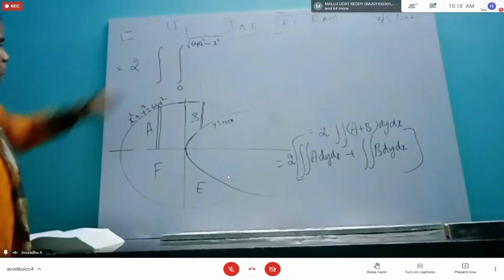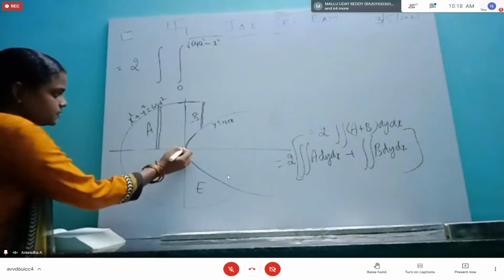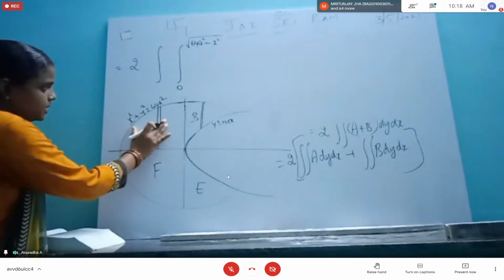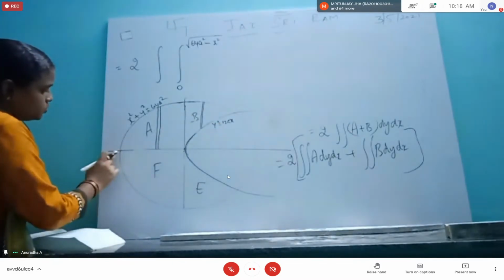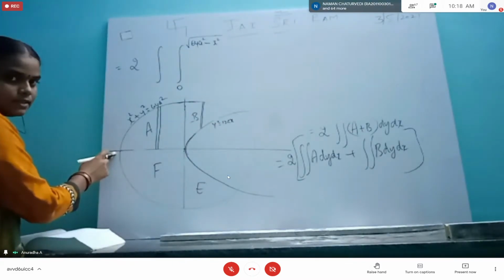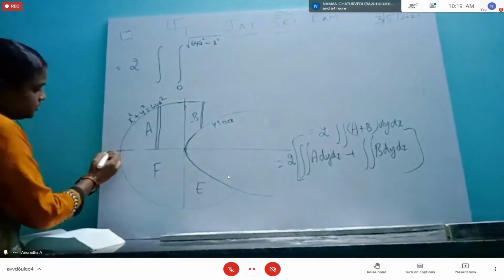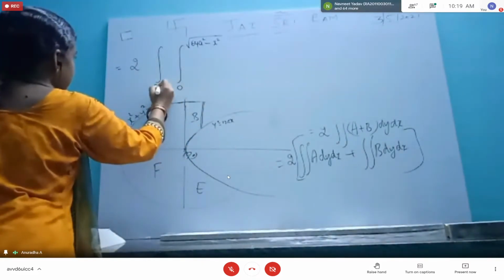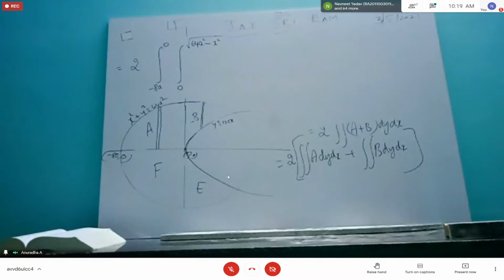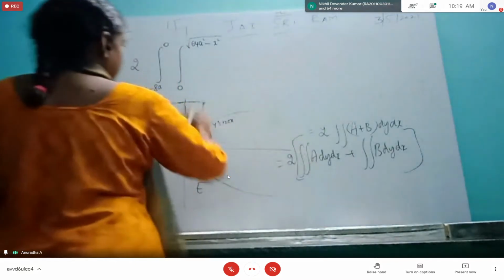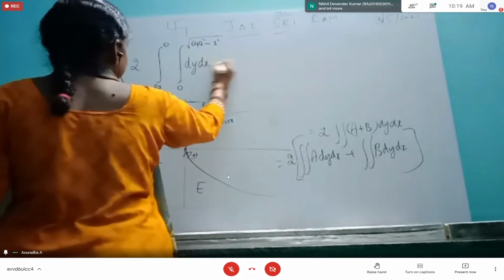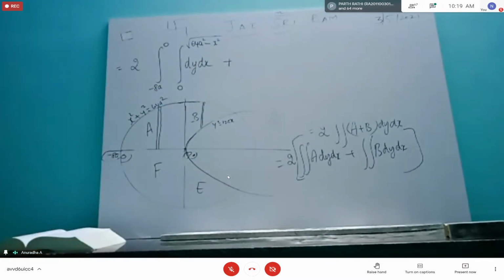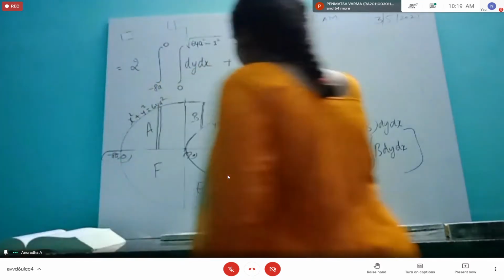What about the limits for x? Min max limits only in the second quadrant because A is finishing here. We don't go there. So this will be minus 8a. This is minus 8a, comma 0. This is 0, comma 0. So minus 8a to 0. This is for A. Don't write A again. This is just dy dx. If you write A, then you integrate, then you will write ax. There will be mistake. Don't write anything there. Only for our identification we have written like that. Now for B.